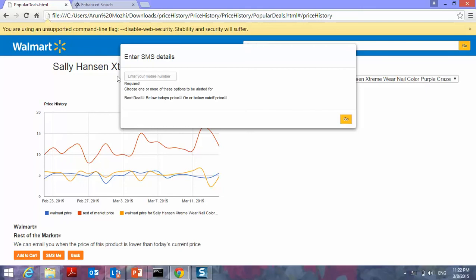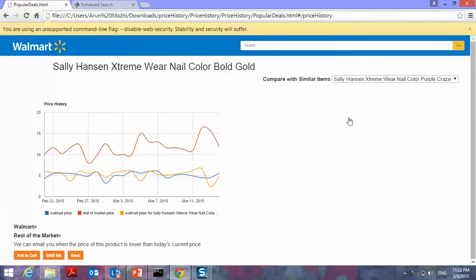Right now we can demonstrate this only for best deal, because March 8th was giving us the best deal. If you want to demo it right now, this should work. I'm going to put in my mobile number right now. Best deal, because the other two will not trigger today, so we won't be able to demonstrate them. Yeah, go.